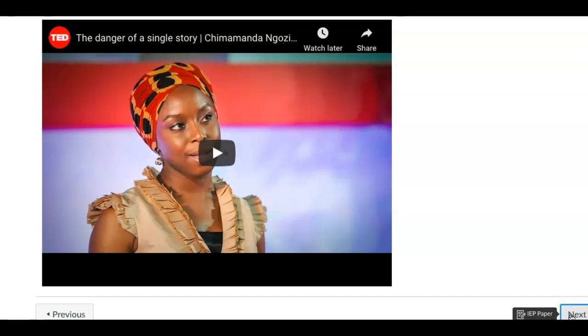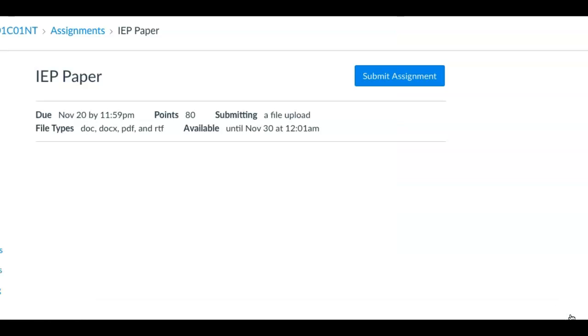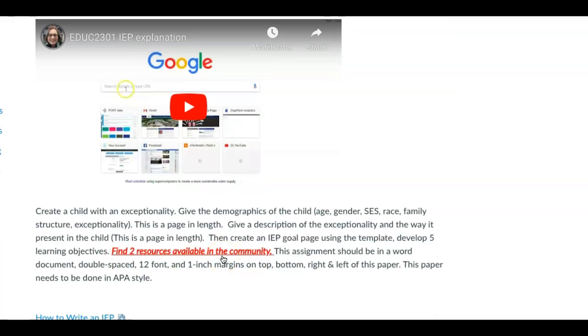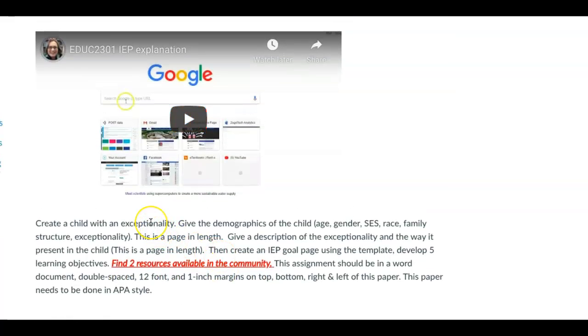The next activity is going to be on the IEP paper, and there should be a video, so I'm not going to go very much in depth, but you are going to pick an exceptionality. You're going to create a child. If you know one, you're welcome to use them. Give me a pseudonym for them, but on one page, just describe them to me as if I had never met them.